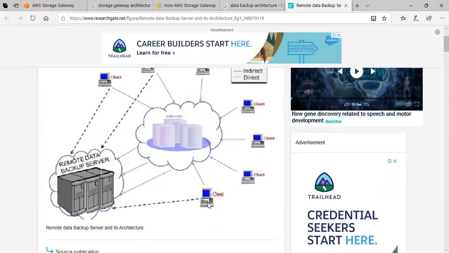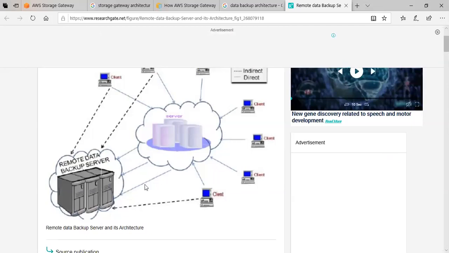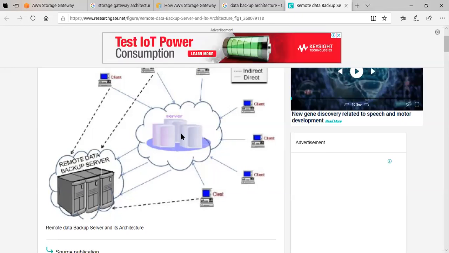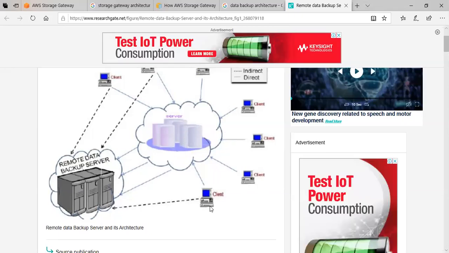multiple clients. It could be a laptop, it could be desktop, it could be anybody actually, right? They have an access to some server. If you look, there is a cloud, and from the server cloud, there is another cloud going into a backup server. This is exactly what will happen on the AWS storage world. You have a server where the client is connected, and from that server you can bring the data and put it here, or a client which can access the backup server, which is in a different cloud. It is vice versa.